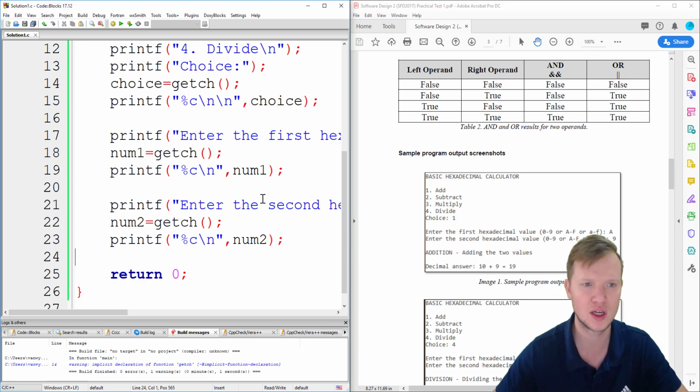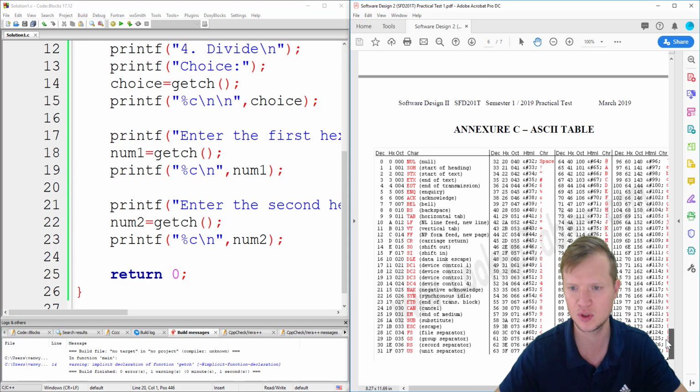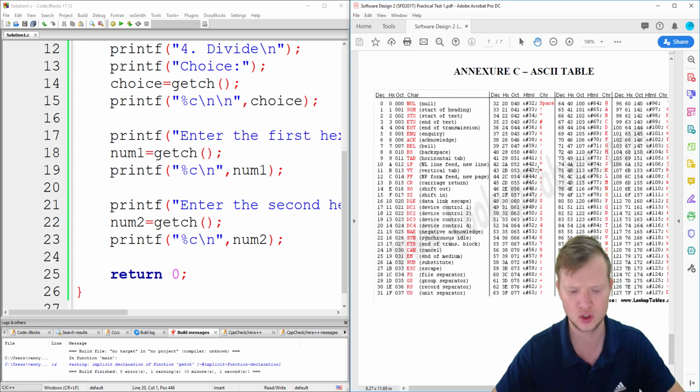But before we can do the calculation, num1 and num2 are character values. Now it can be 0 to 9, A to F, or a to f. So how would we do addition with a character? Okay, so we can't. So what we will do is we will go back to our ASCII table, and we're going to check here